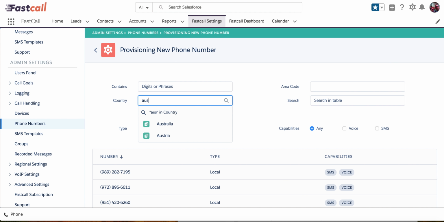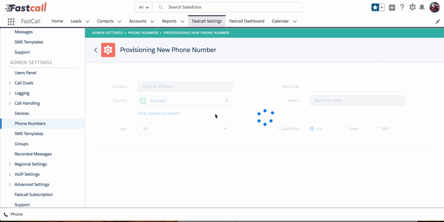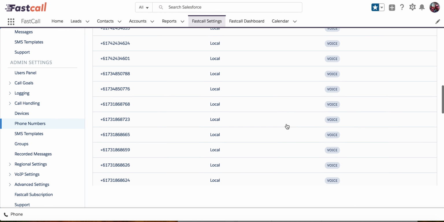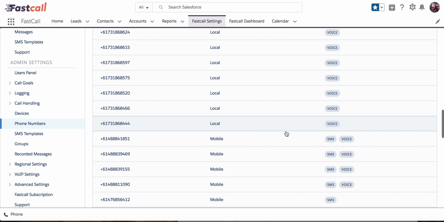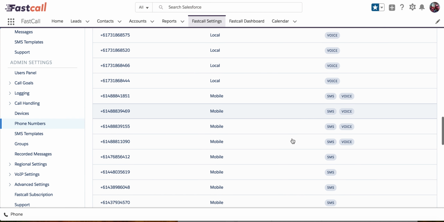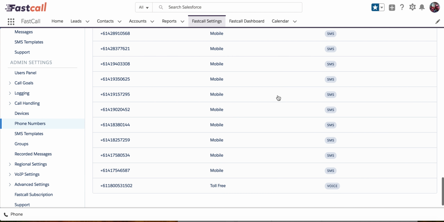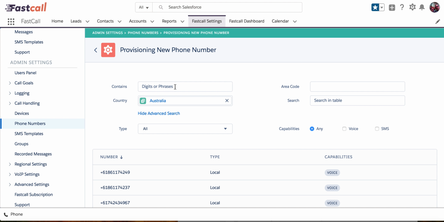So let's just say we were looking at Australia. We would be able to pull in. We see here local numbers are voice capable, and here's some that are both. And these are actually considered mobile numbers that are both SMS and voice, but you do want to pay attention to this. And then these mobile numbers are SMS only, so that's important to pay attention to. So we're able to search